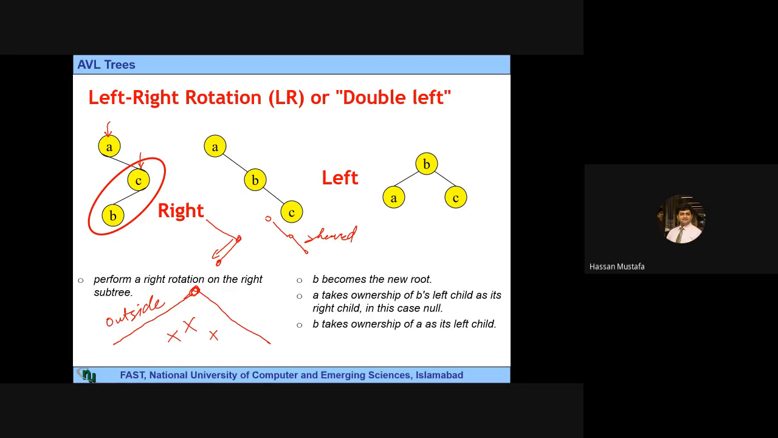Okay, so the outside case can be resolved by just rotating the tree towards the other side. If this left side is heavy, I would rotate towards the right side. If the right side is heavy, I can rotate it towards the left side. So the outside case can be resolved by single rotation, but this case, when this is, for example, the root